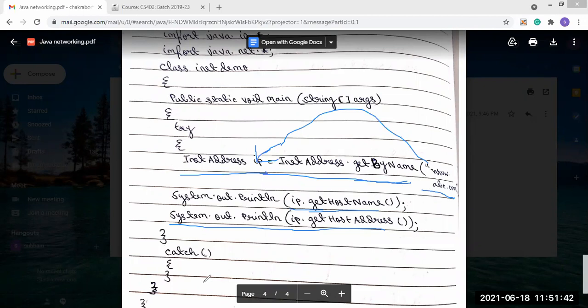So using the InetAddress class, we can do this program like this. This is all about our Java networking.